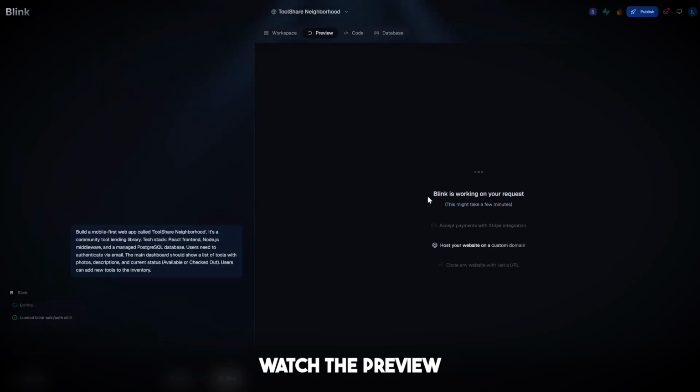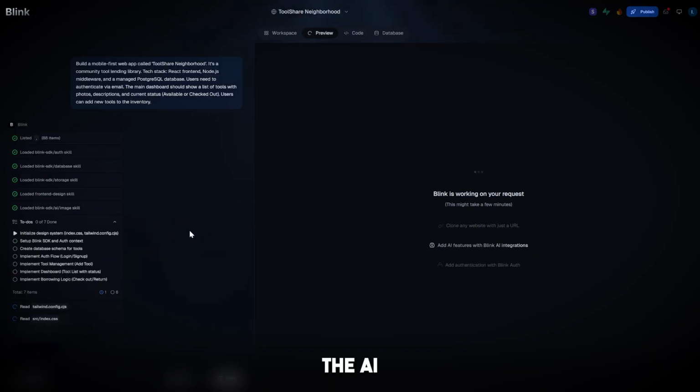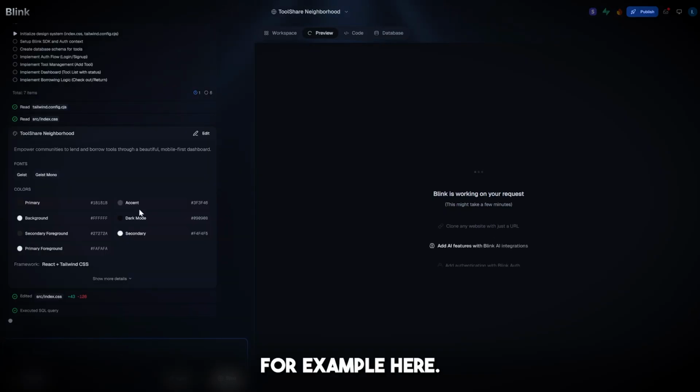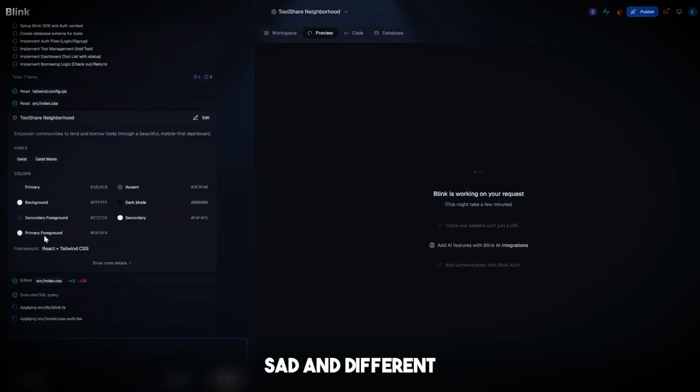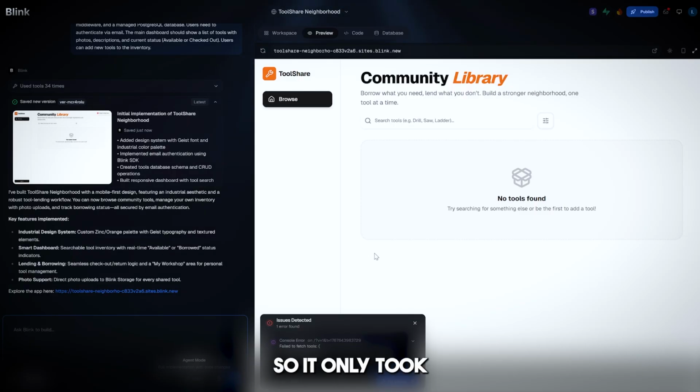you just have to watch the preview and see how quickly this is going to go. The AI is going to start thinking and working, and you can see here every single step that is taken. That gives you the details, and if you want to edit something, this is going to be very useful. For example, here, Blink is setting the different colors, the fonts, and so on. So yeah. Okay guys, so it only took a couple of minutes,